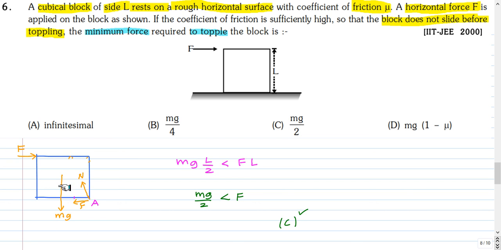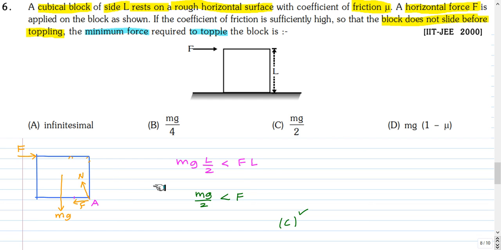So this is the free body diagram of the block. When it is about to topple, the block will have contact with the surface only at this corner A, and if the force is very small, then the block will not topple, because the force mg will provide an anticlockwise torque about the point O. But as the force F is kept on increasing, it will produce a clockwise torque which will overcome this anticlockwise restoring torque, and it will start to topple.